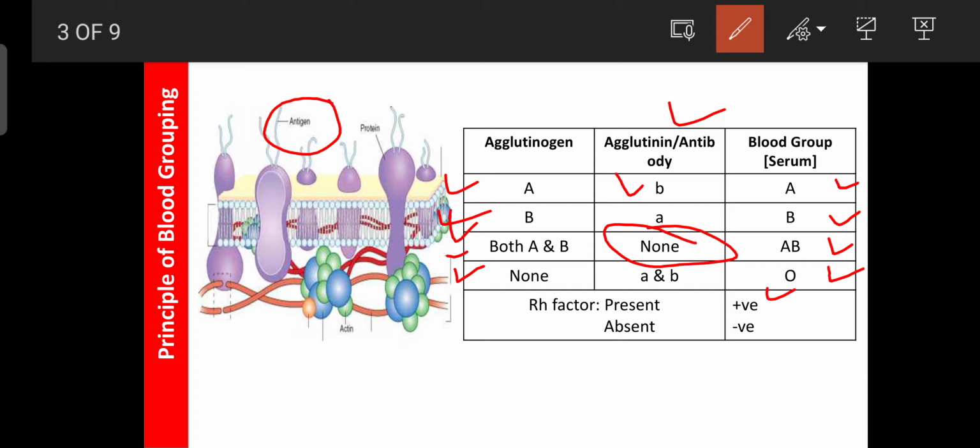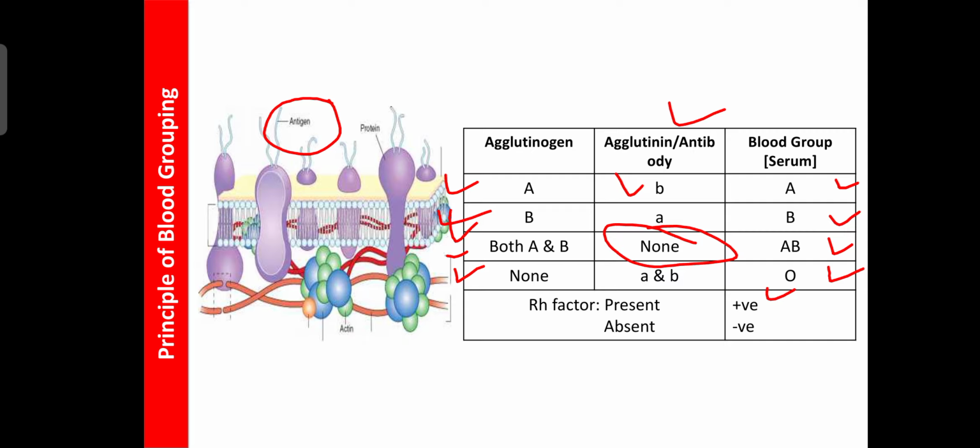That's why O negative blood group people are rarer. If they have O negative, they should take special precautions and avoid unnecessary loss of blood from the body. They take special precautions to avoid any accident or incident that could cause loss of blood. Only a few people in the world have O negative, around 5%. So these are the principles regarding the determination of blood group, or blood grouping.